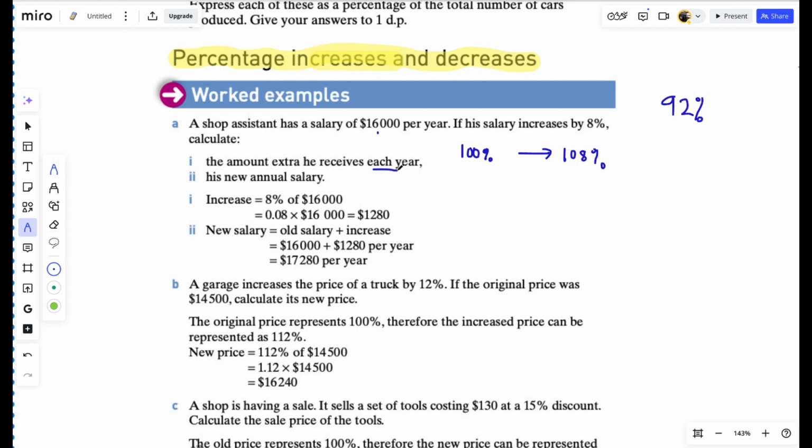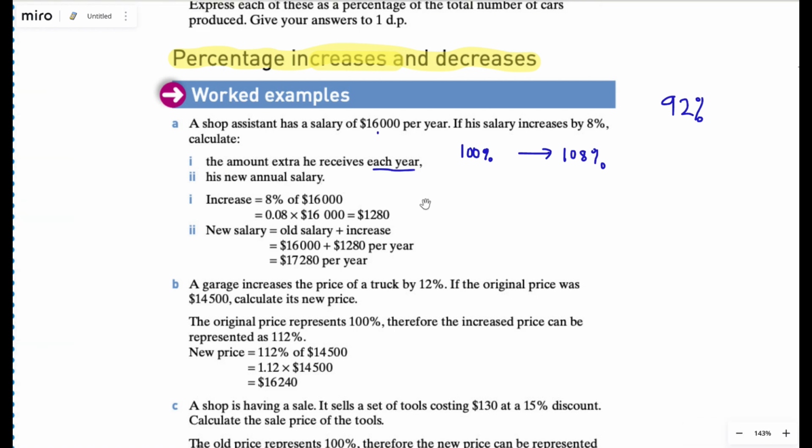So how much extra she will get each year, and his new annual salary. So what we do, there are two ways to do it. You can say 8% times the 60,000, you know how much she gets as the increment, right? The first question is the amount extra she gets. So if you want to find the extra she gets,